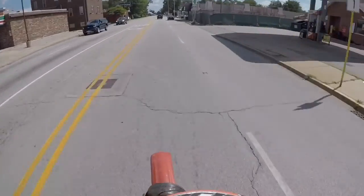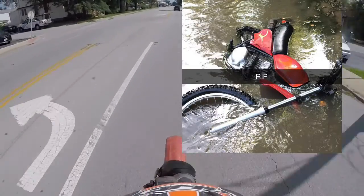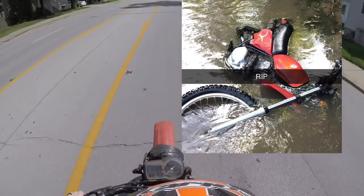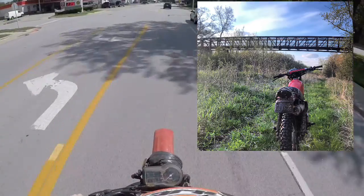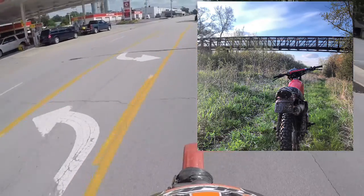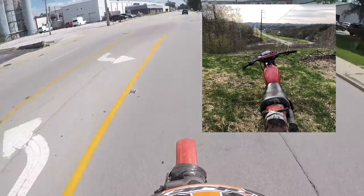Hard use. This thing's been underwater, all the way underwater, and then back out again, down hills, up and down Haspin Acres, and crashed, busted my clutch handles, and brake handles, and everything else. Time for a rebuild,